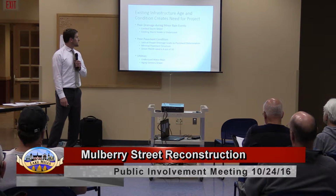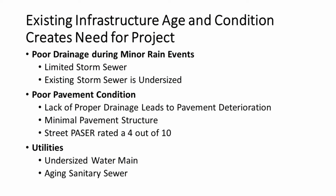The need for this project, the existing infrastructure age and condition creates the need for the project. There's poor drainage on this project. You may have noticed that. That's created by limited and very undersized storm sewer. There's actually storm sewer quite a ways on the project, but it's very small pipes and very small inlets, just